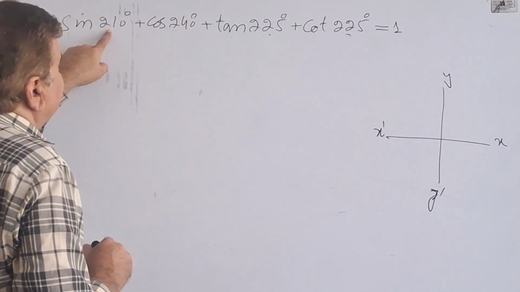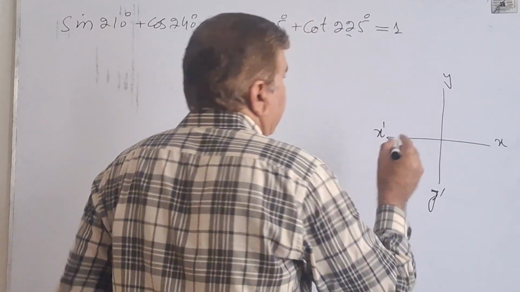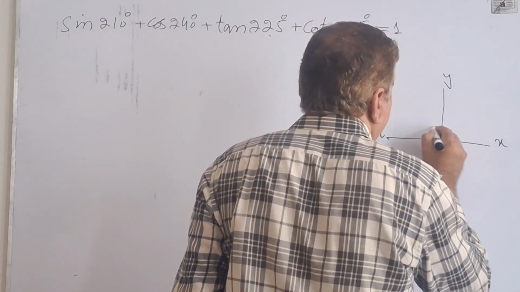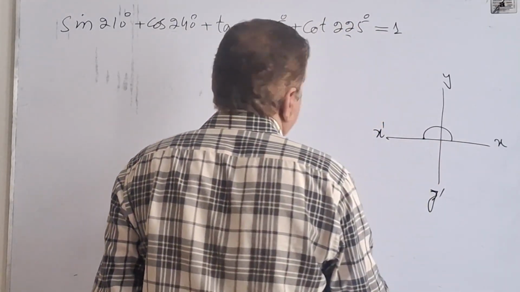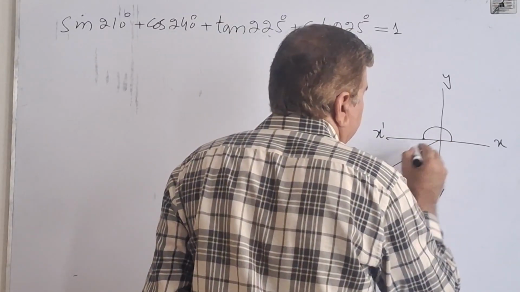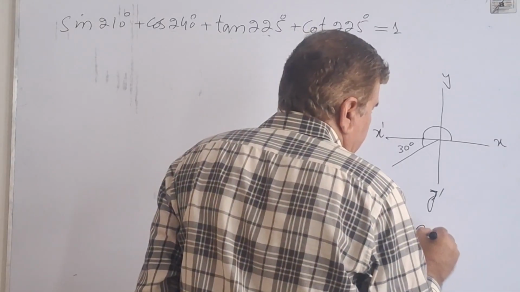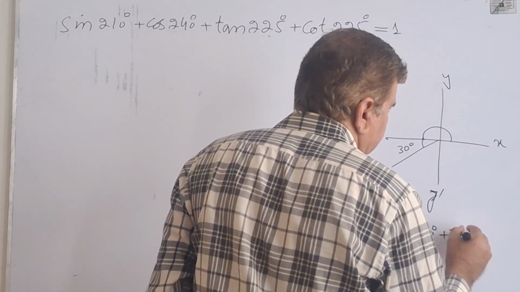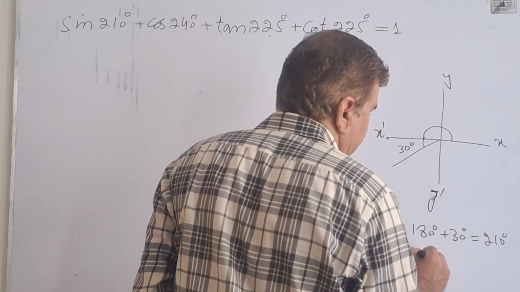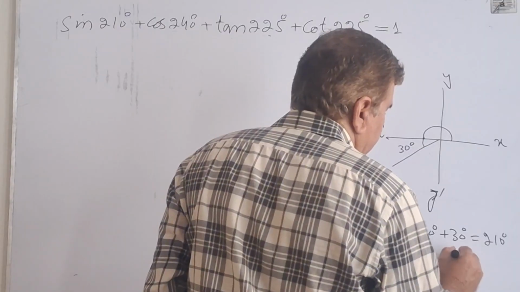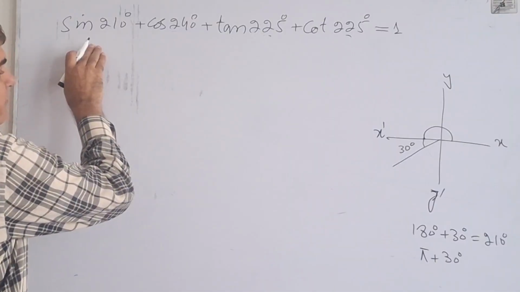Since 210 degrees is greater than 180 degrees, I can write, if I move from here, this is 180, and 180 plus 30, if I come over here at this degree plus 30, is 180 degrees plus 30 degrees equals 210 degrees. That means I can write 210 degrees as pi plus 30 degrees. So for the first term on the left I can write